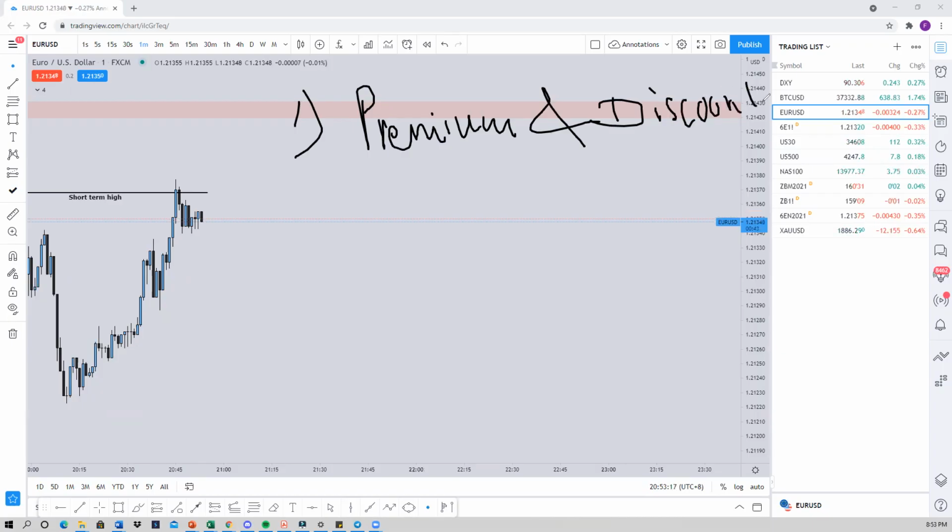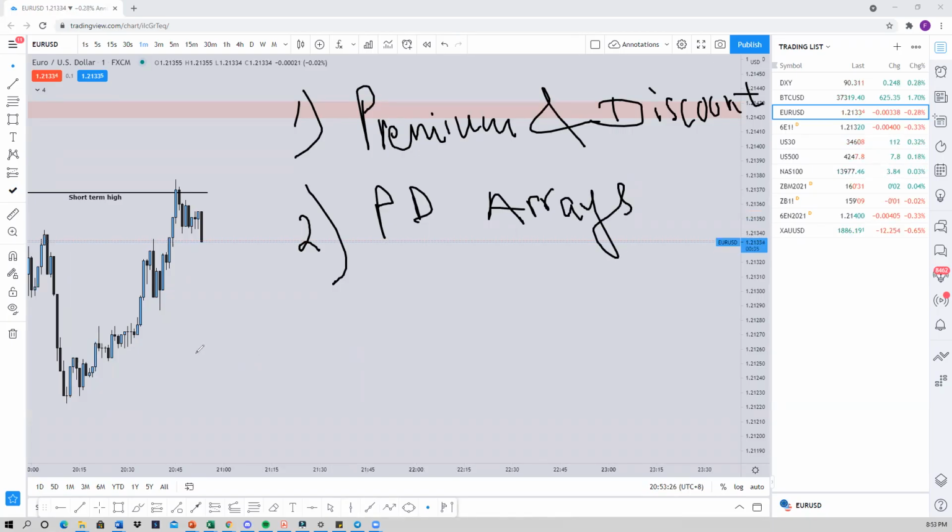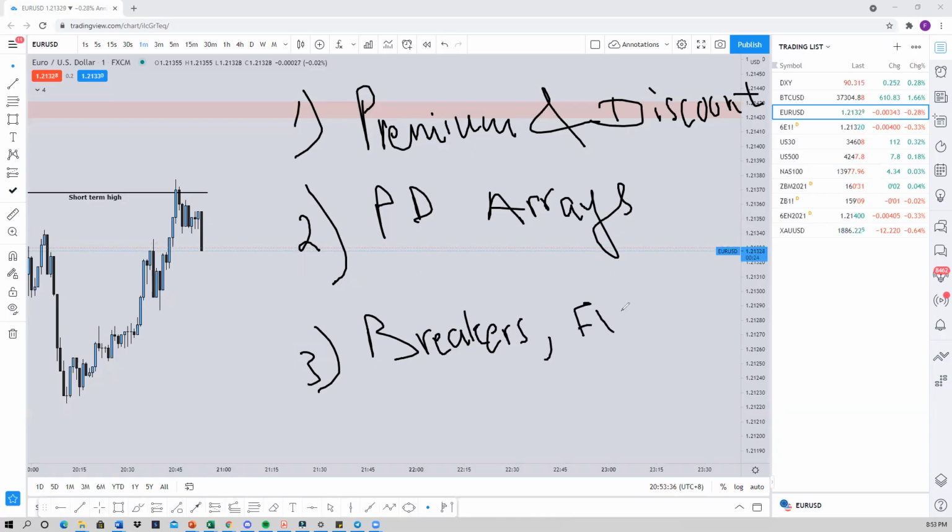Then we have the PD arrays, and then we have the entry techniques. So let's say breakers, which are the most highly probable ones, then breakers, fair value gap, order block,